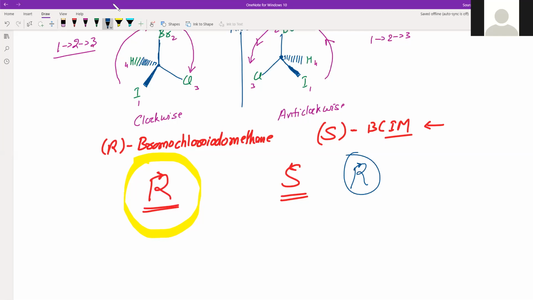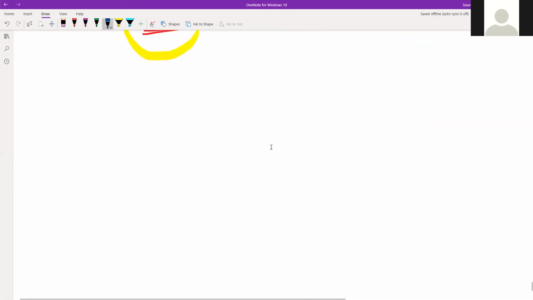Now this is when you have a structure in 3D, or when you have drawn the 3D structure, right? Now we have to see this 3D structure again. If we can draw it, there is no problem in that, but drawing that is, as you have seen, a little difficult and time consuming. So there must be a method to assign R and S nomenclature or configuration to Fisher projection. Fisher projection means the one which we have seen earlier.